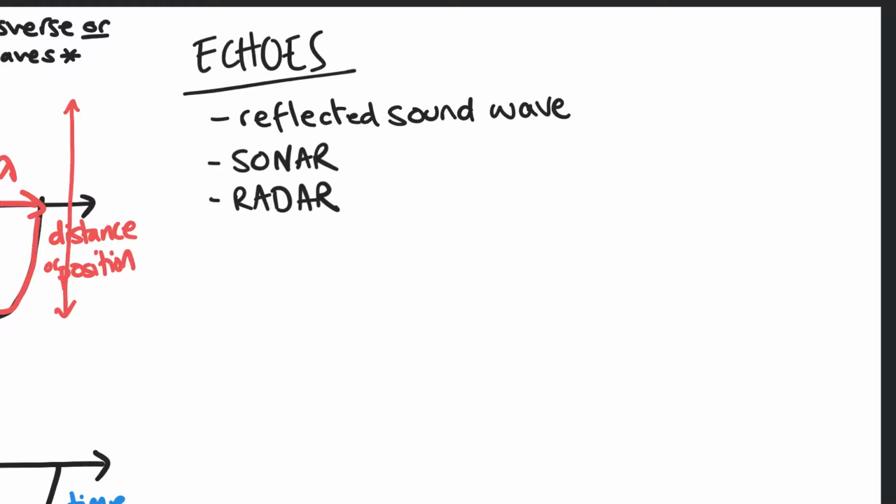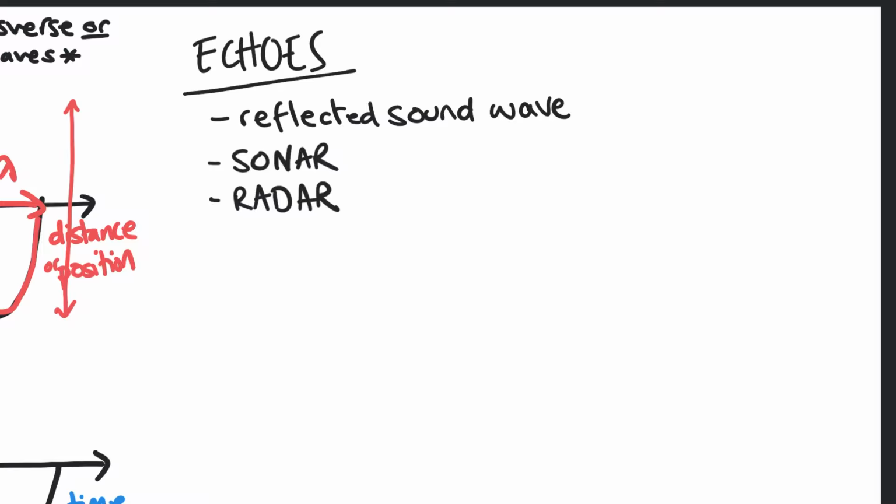And we also have radar, which is the same thing in principle, but using radio waves. And air traffic controllers, for example, might use radar, send out radio waves, and they'll wait for the reflection to come back, the echo to come back, and they can use that to figure out how far away other planes are. So a common example that you could be given, I'm going to stick with the sonar that we'd mentioned before,